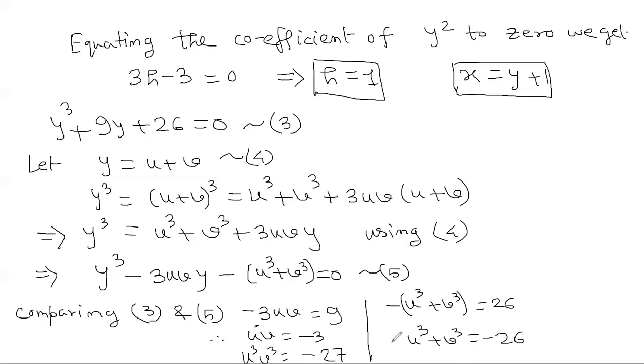Okay, so now what do you see? You have the sum of u cube and v cube, you have the product of u cube and v cube, you have the sum of two entries and the product of two entries, right? So from these two pieces of information, we can form a quadratic equation whose roots are these two entries, right? So we have to form a quadratic equation